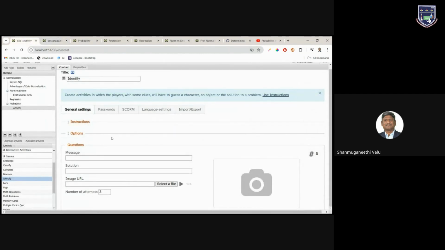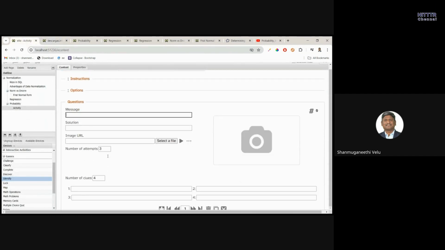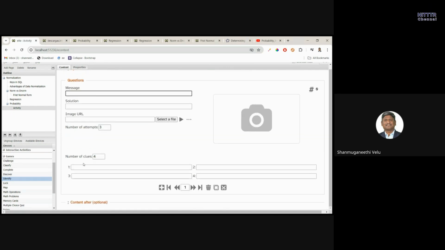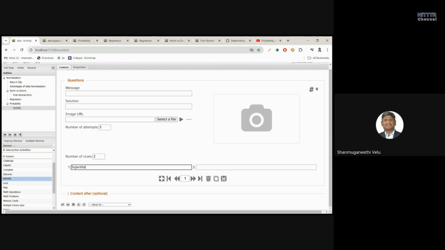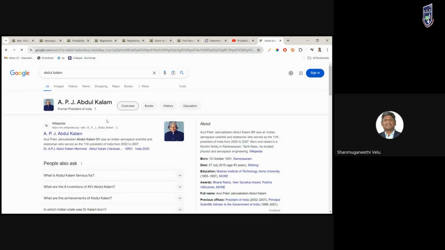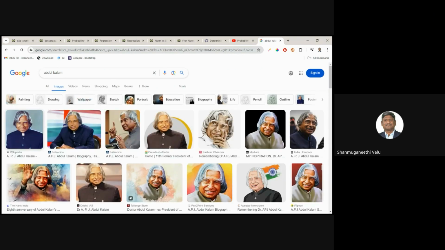Now I can give the message, general settings. So number of attempts, how much you wanted to give. So number of clues, I wanted to give only 2 clues. Clue 1, scientist. President. Image I wanted to upload. I wanted the image URL. So I can go with Abdul Kalam. So save images. Please save your images into the folder which you have created. So that Abdul Kalam, I can say as Kalam. So save that